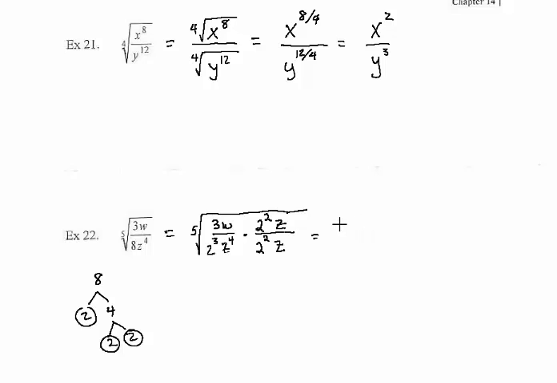Alright, so we have the fifth root. On the bottom, we now have 2 to the fifth and z to the fifth. And on the top, we have a 3w and a 2 squared. All this is multiplied and a z. Now,